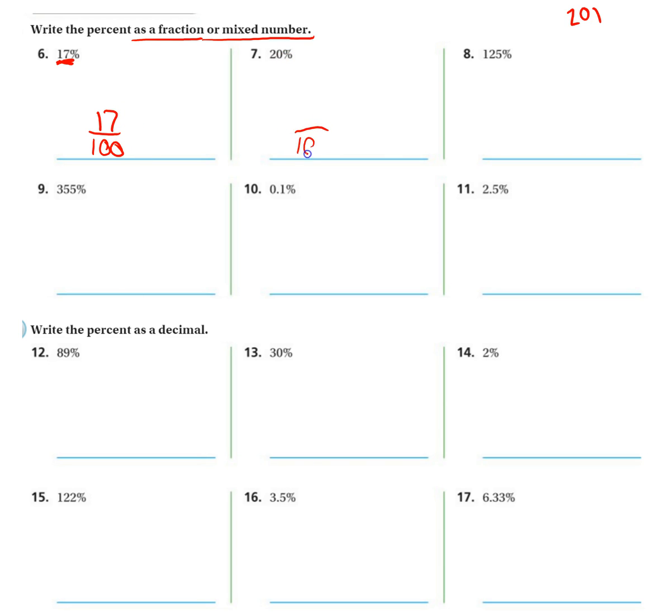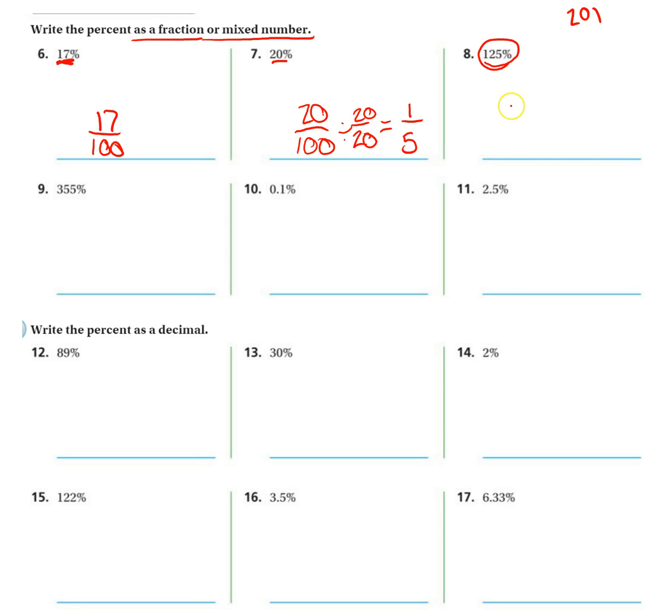So here we would have that percent per 100, how many? 20. But then we can simplify here. When you can, I want you to simplify. 20 will go into both 20 and 100. 20 divided by 20 is 1. 100 divided by 20 is 5. So that would be 1/5. Okay, now here we have